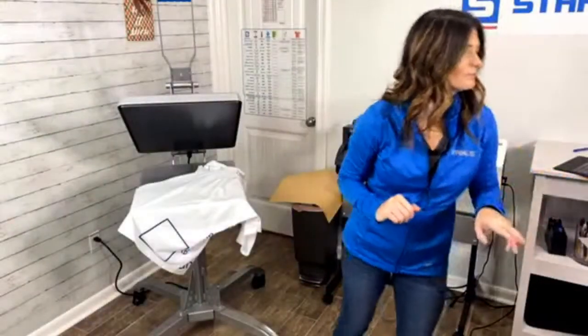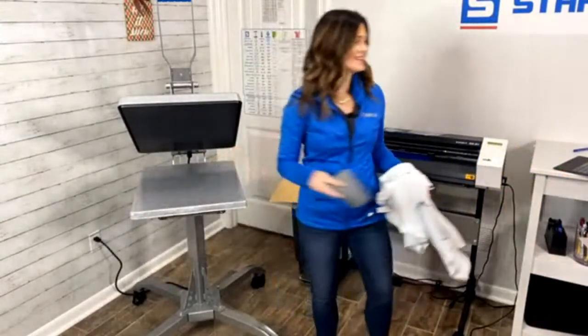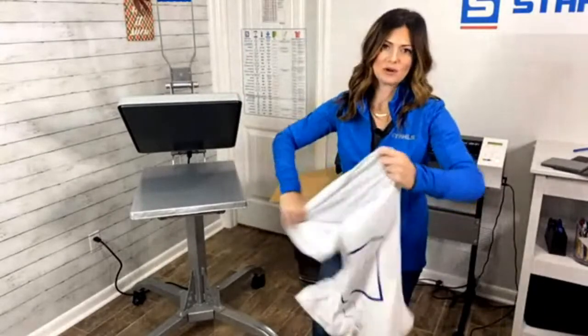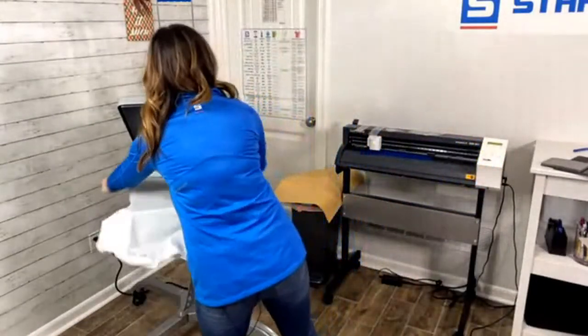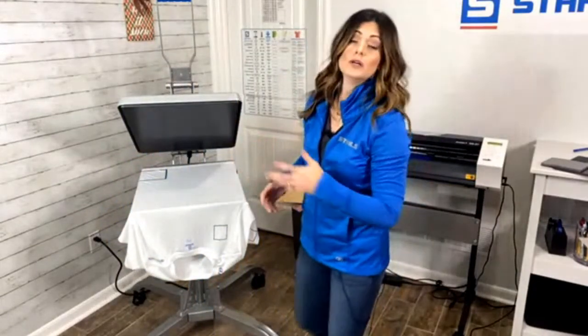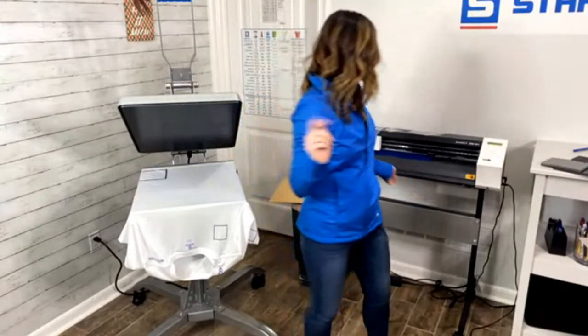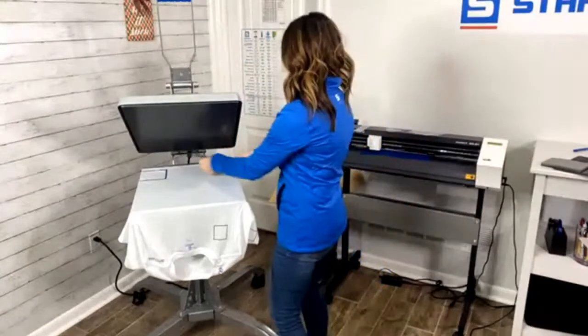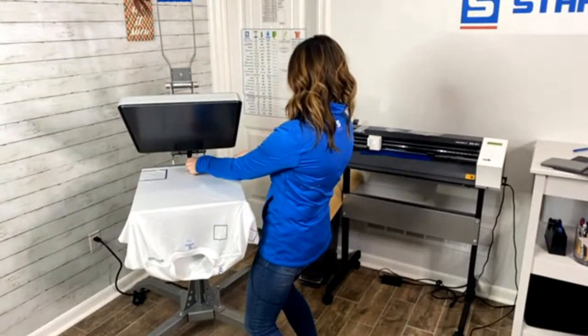All right. So Neil said back bottom hem. So we're going to do that one really quick. Let's see. And then that's going to be the last one, just because a lot of these could be slightly repetitive, and it just depends on if you are going with a font or if you are going with a logo. An actual logo or design is going to take up more space most of the time. So, and here, right back at the bottom,